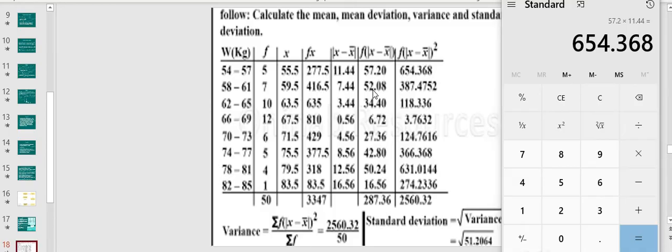We will multiply each value of this column with its corresponding deviation score to find the square of each deviation